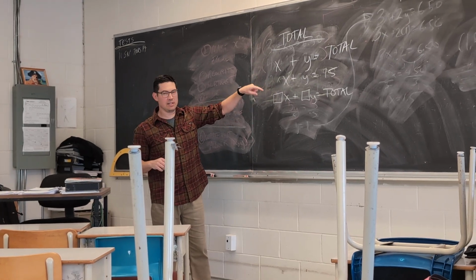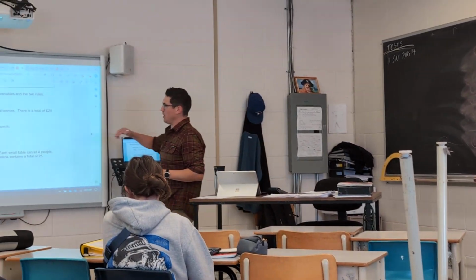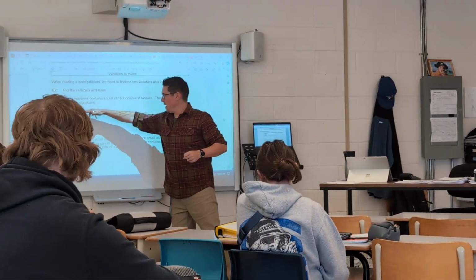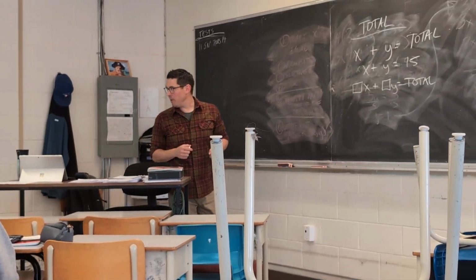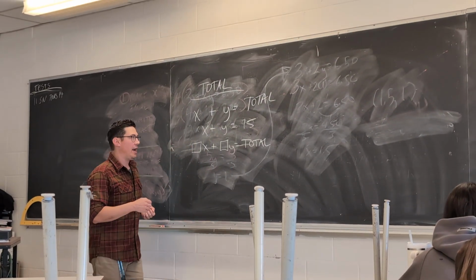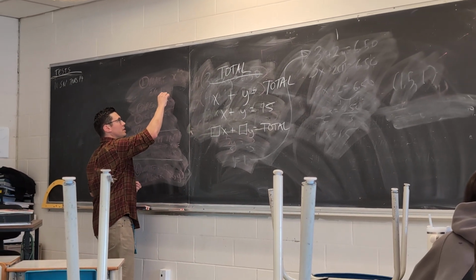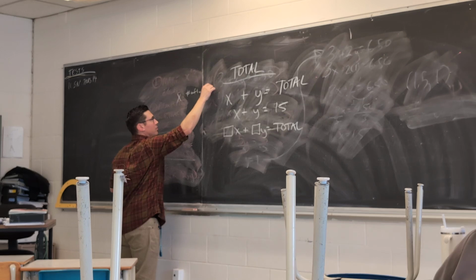So in this instance, what matters, and they will oftentimes tell you this, is X is the unknown number of loonies, Y is the unknown amount of toonies. It's super important that you know what X and Y is. So I'm just going to make sure that I label this. Number of loonies,